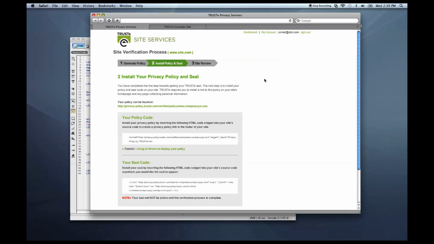Step 2. Installing your Trustee hosted privacy policy. The Trustee hosted privacy policy must be one click away from your homepage and any pages collecting consumer data. To install your Trustee hosted privacy policy, copy the policy code into your site's source code using an HTML code